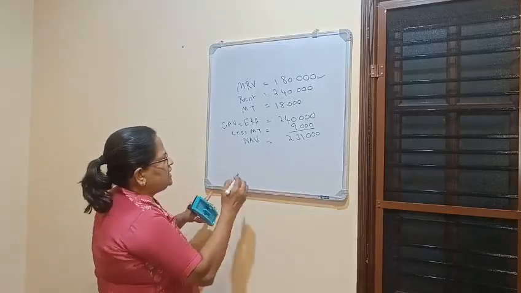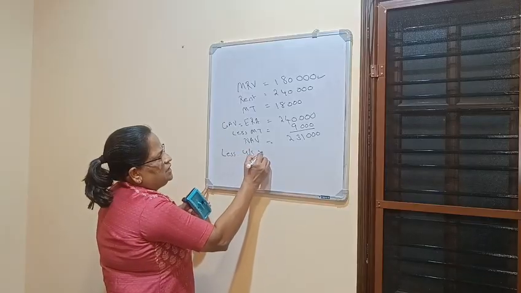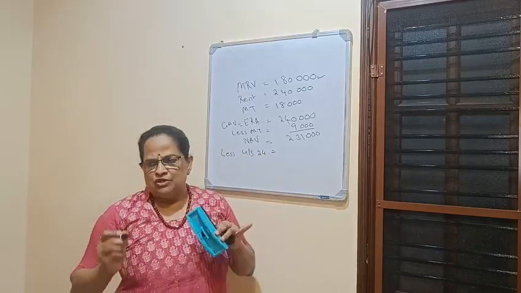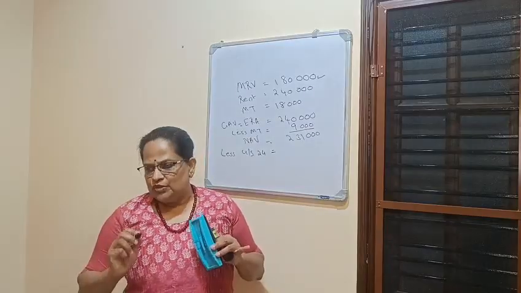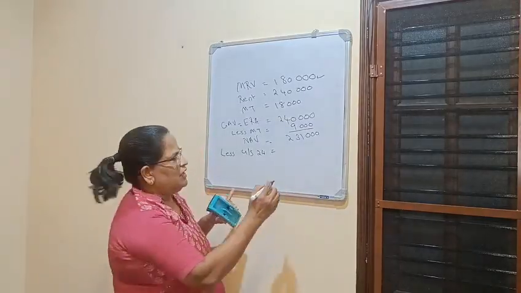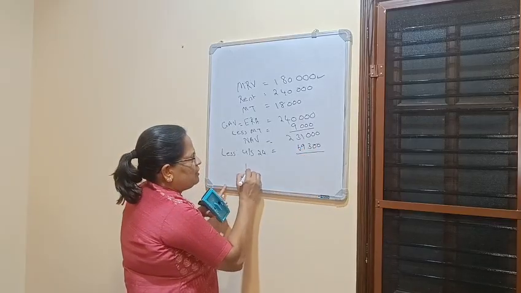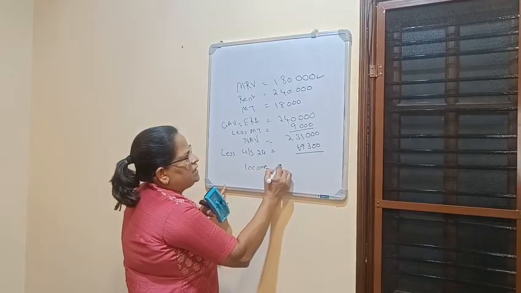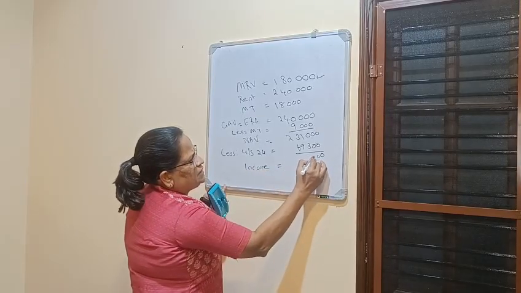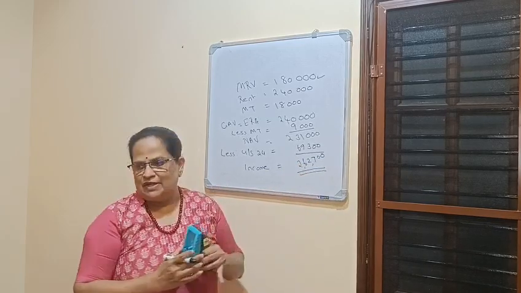Now, less deductions under section 24. This is the standard deduction. It will not be mentioned in the question, so you have to remember 30% of this net annual value is allowed. That value is 69,300. So the income from let out house property is